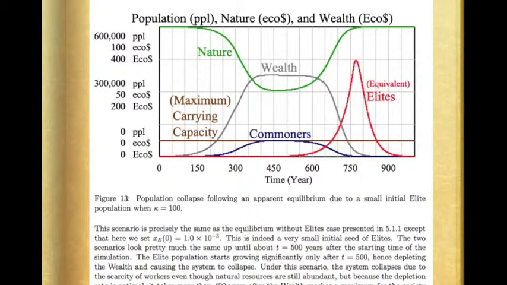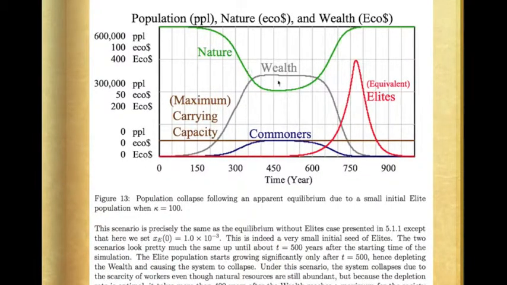This one is a scenario where you have a kappa of 100. So the elites get paid 100 times what the commoners get paid. If you look at what's happening here, nature gets depleted while the commoners and the elites are able to grow, but the elites take a lot longer, because the commoners are paid so little that it takes them a longer time to generate enough wealth for both of these groups to start